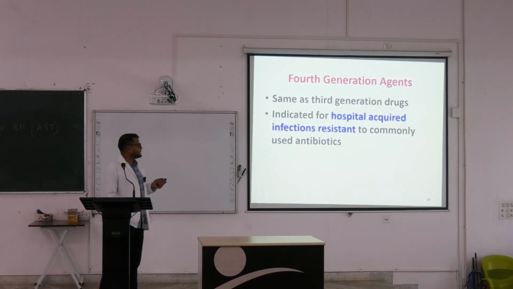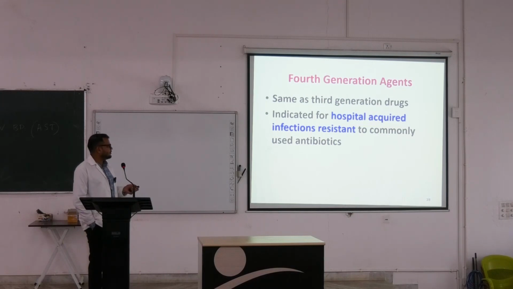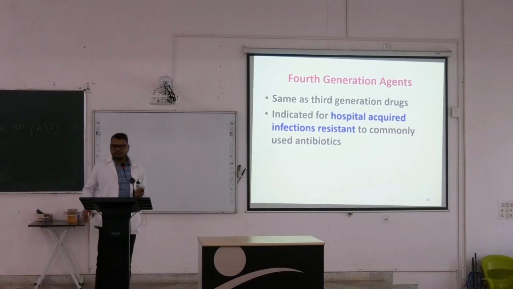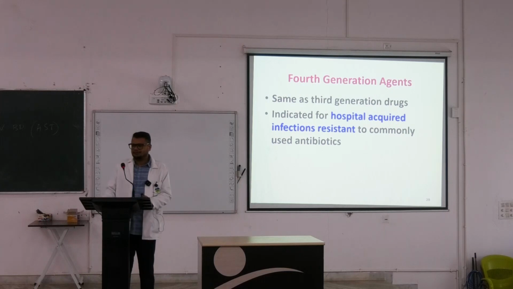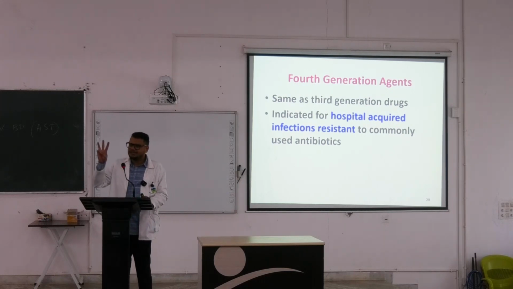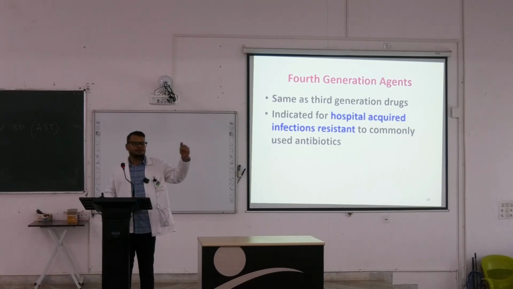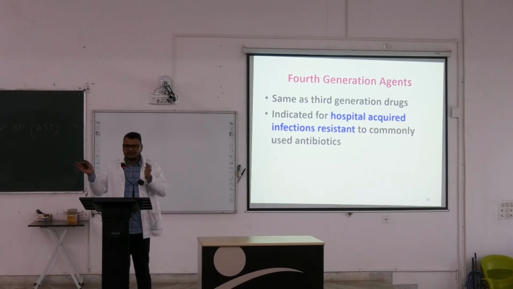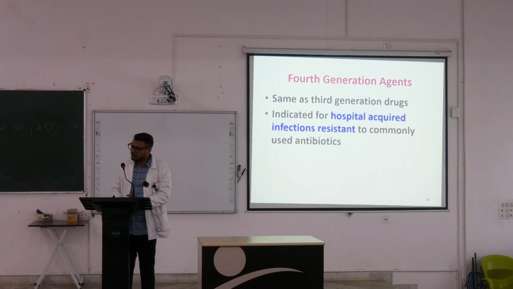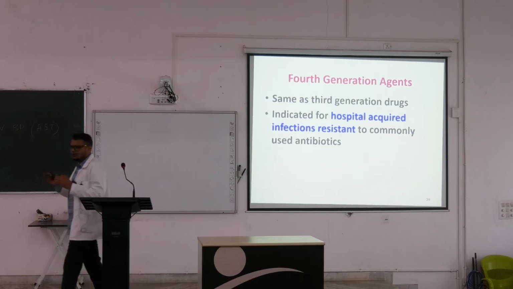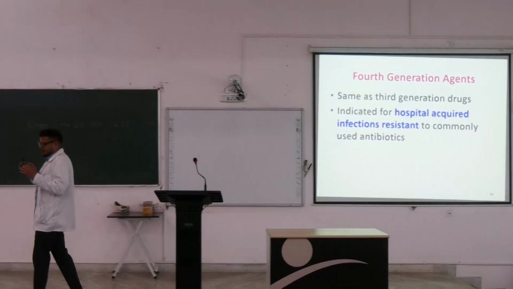What are the uses of 4th generation agents? These are indicated for hospital acquired infection. For example, pneumonia. Pneumonia can be principally 3 types. One is community acquired pneumonia. If you are outside and you get a pneumonia infection from the community, that is called community acquired pneumonia, that is